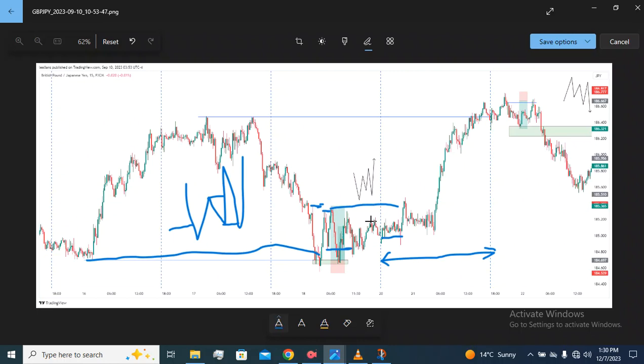Yes, that is it. And see, going back on this day, these were separate days. Look at this day. Take your time and look at this day. What was happening here? I don't know exactly whether we swept liquidity from the other side, but with just our eyes, what we can see here is that